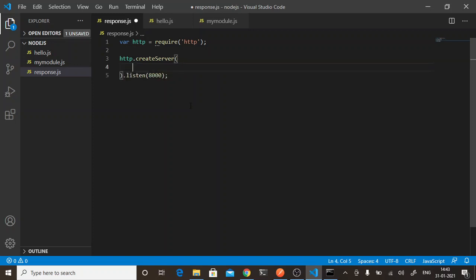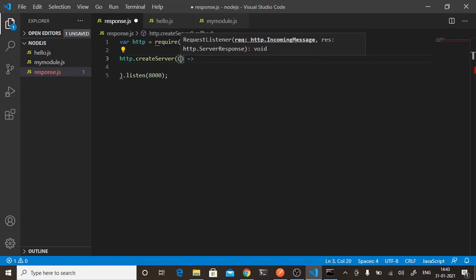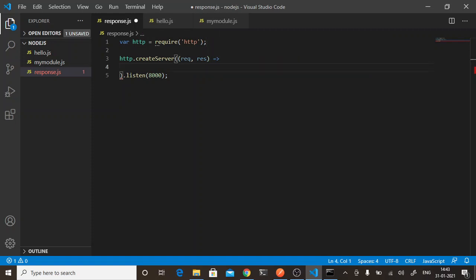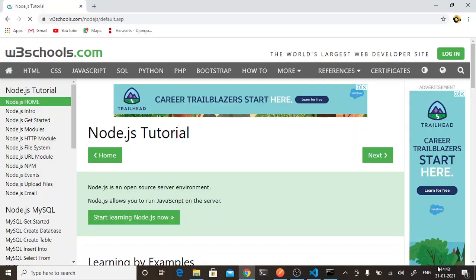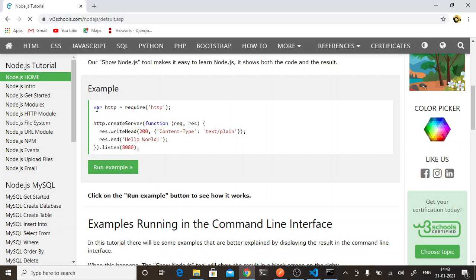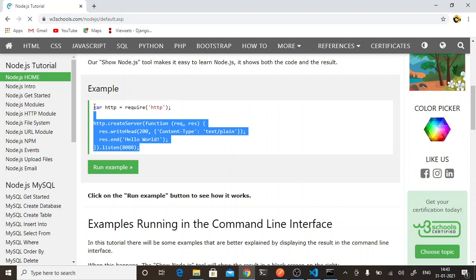Now here in the function you will again have a function, and here you will take two arguments, request and response. Some predefined methods we will be using, so I will copy the complete code itself.